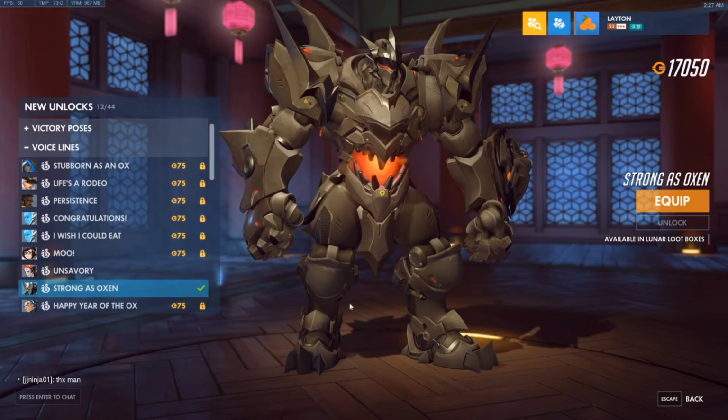So this is Reinhardt giving a pep talk to his team. Because to be a support hero, you don't have to be a support hero. You can give your team support as well through tank roles even. And so what he's saying is that the team's cohesiveness is as strong as 8 oxen, which if you do the math, actually is 2 more than is on the team. But he's including